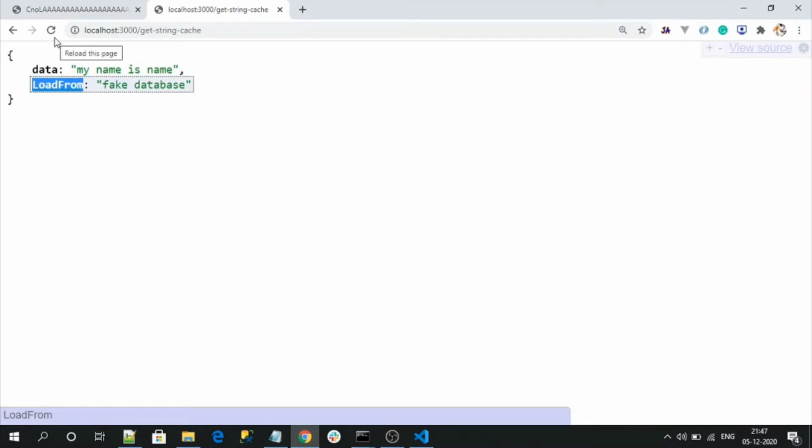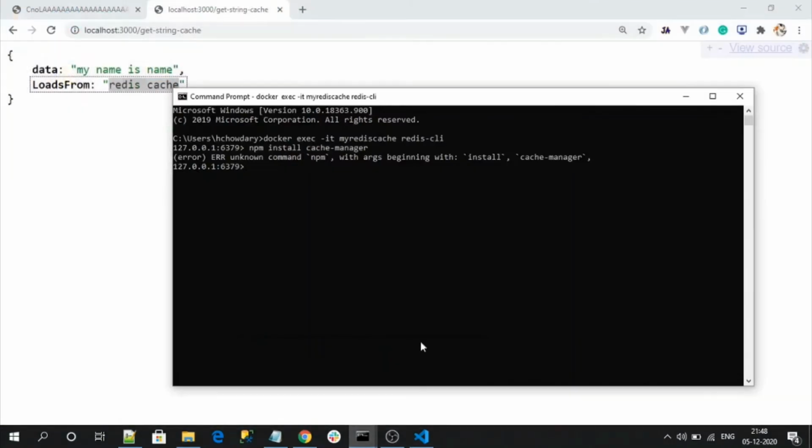Let me refresh it again. See, the second time, data is loaded from the Redis cache. You can check the Redis CLI for the keys stored there. This will show all the keys stored in the Redis store. So this is, see here, my string.